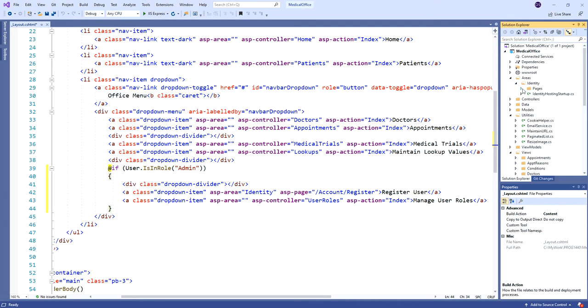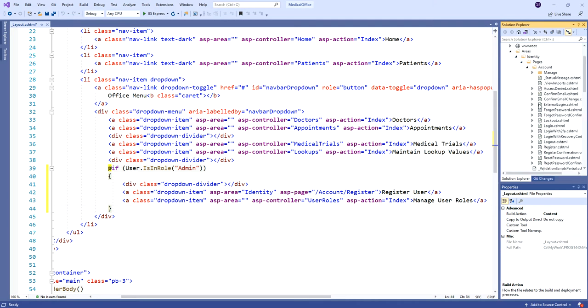Here under identity and pages and account, right? Remember, I showed you how you can scaffold certain pages, and it looks like I scaffolded most of them here. So I have everything I definitely need here. All I really need at this point is login and register under account. So here's a login. So maybe I'll start there,